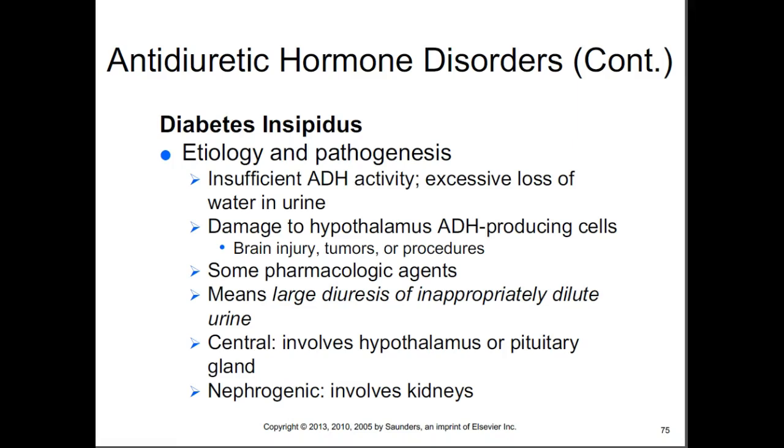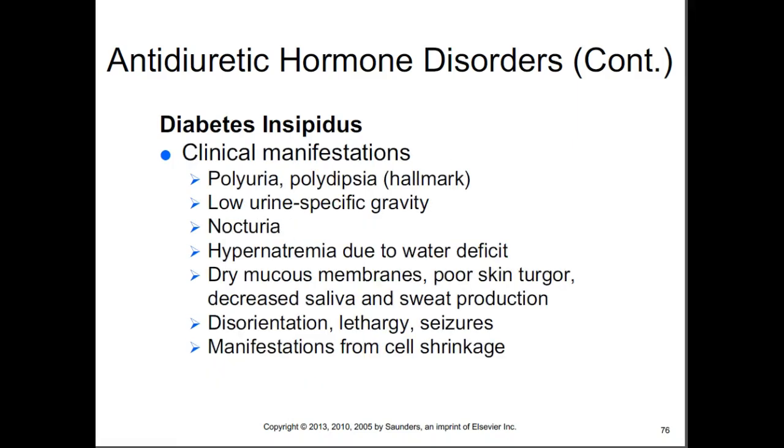So central involves the hypothalamus or the pituitary gland. Nephrogenic involves the kidneys, right? So you'll see that it could be either that the cells are not responding to the ADH, or that these cells are not producing the ADH. Right, so polyuria and polydipsia are a very common hallmark, right? Low urine specific gravity, nocturia, hypernatremia, dry mucous membranes, poor skin turgor, decreased saliva and sweat production, disorientation, lethargy, seizures,